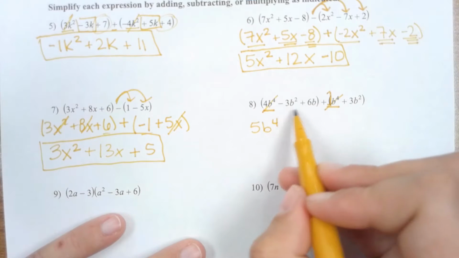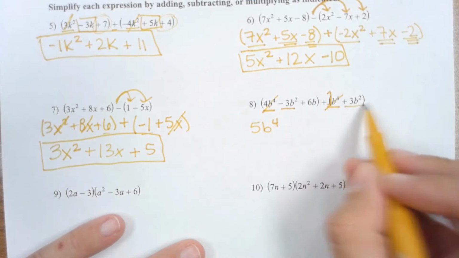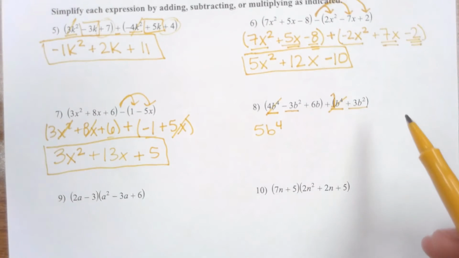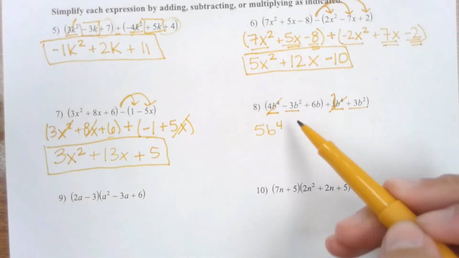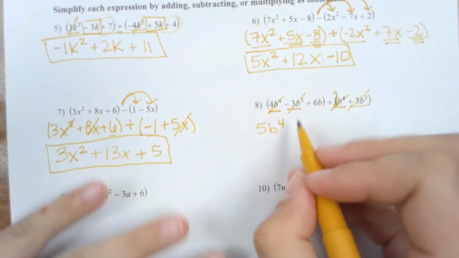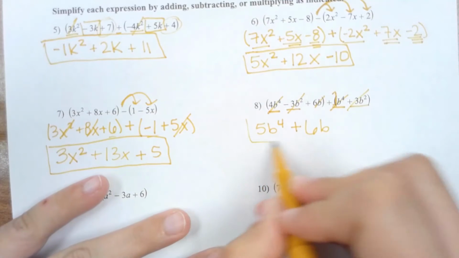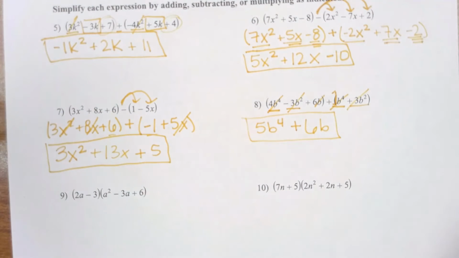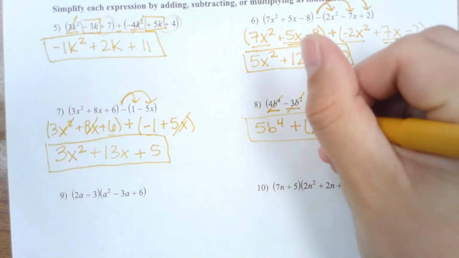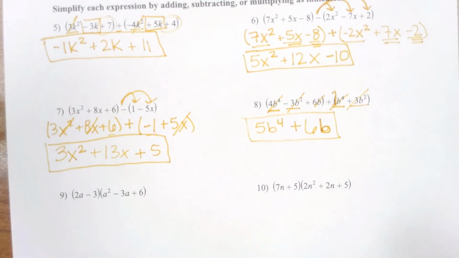I have a negative 3b to the second and a positive 3b to the second, so negative 3 plus 3 is just 0, so those will cancel each other out. And then the only last thing that I have here is the 6b that I'll just drop down. So those are your answers, so good job if you guys got that. If you did not, please make sure you fix your mistake, and we're going to go ahead and move on